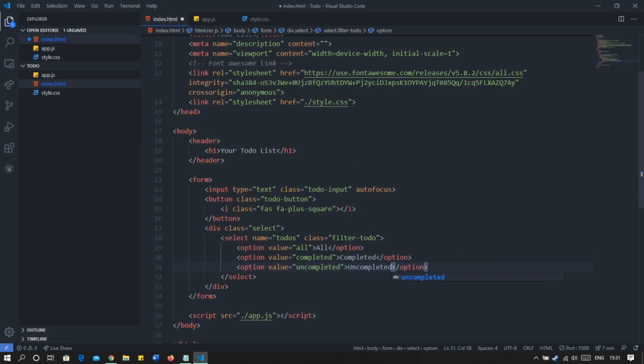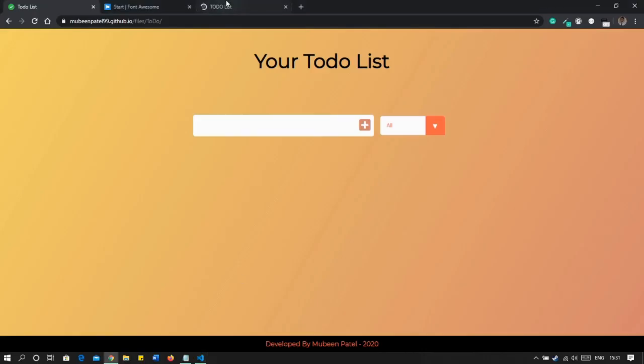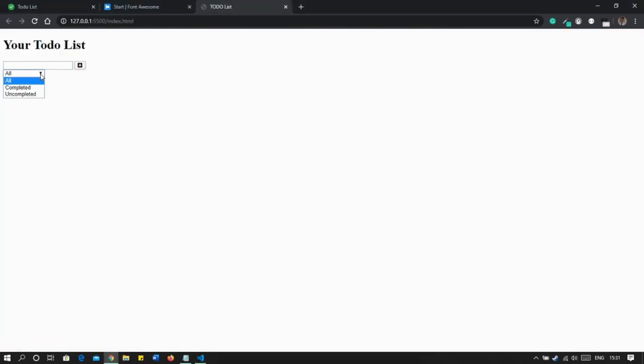So basically this is what the user will be seeing in the front end, and this is the value that we will get in the back end when the user selects any one of them. So we have the form, so let's see what it looks like right now. Okay, so yes, we have all the three values here. Fine.